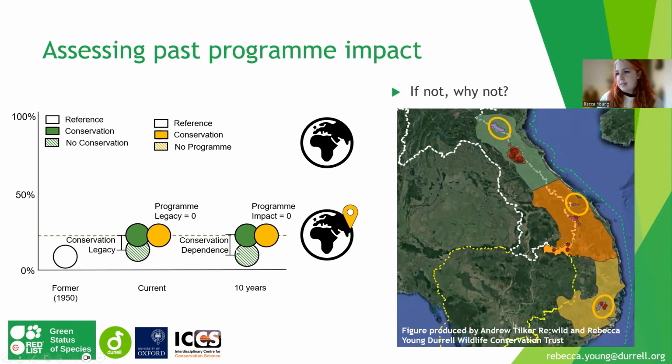So again, going back to this example where we didn't have a legacy and we don't have an expected program impact in 10 years. And again, this is potentially as a result of the geographical distribution of the sites where it's working. It could also be contributed to by the biology of the species, the time it takes to breed, the extreme rarity of the species. There's all kinds of things that can contribute to this. But if we're getting to this point where we're able to see, okay, we're not having an impact globally, then we can use this as an opportunity to question why. So if not, why not?